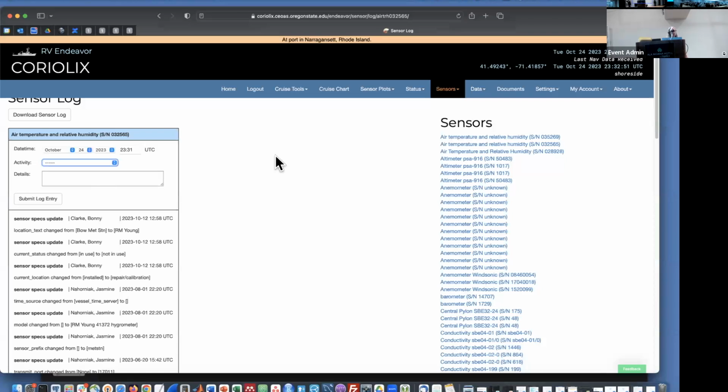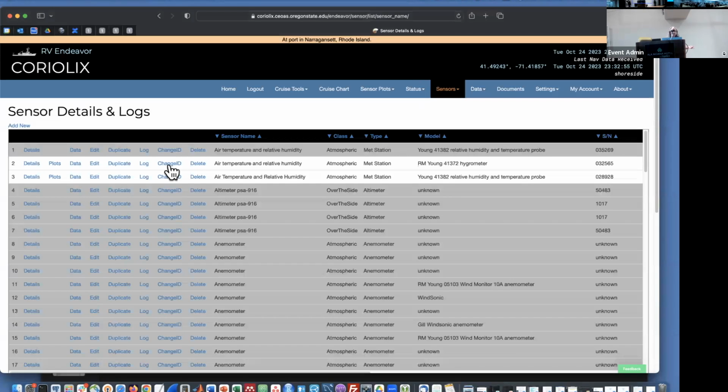Okay, going back to my sensor list page, other options available are change ID. If you absolutely have to change the sensor ID, you can do that, or deleting a sensor. Deleting a sensor is only available to the highest level privilege accounts, not general support accounts, just so you don't accidentally delete the sensor. It does ask you for confirmation, but